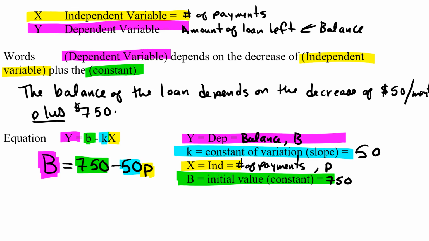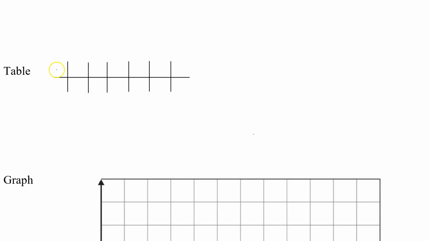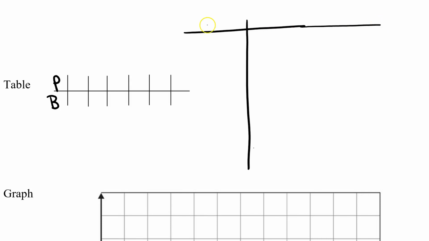Great. So now we're going to make a table. We know that the independent always goes on top, so that's payments, and the balance, or the dependent variable, which in this case is the balance, will go on the bottom. However, you know me, I like to have a little bit of a vertically oriented table here. So I'm going to say payments here, I'm going to say balance, and I'm going to leave this right here open for my